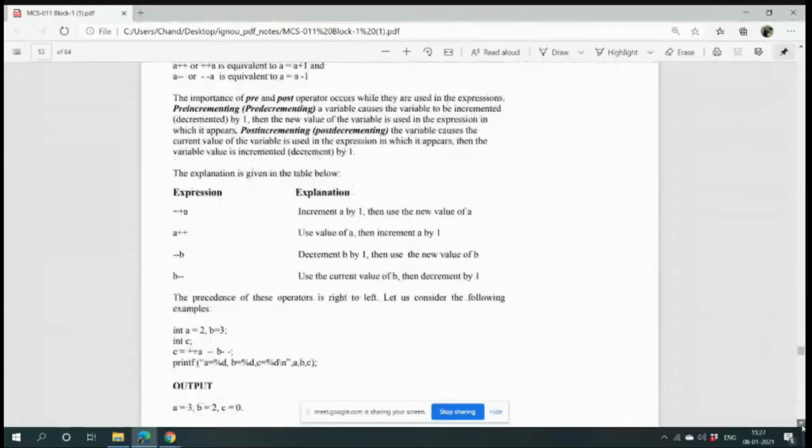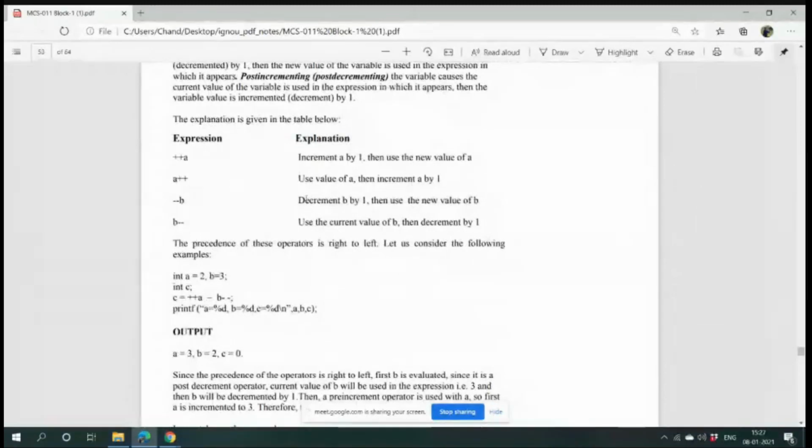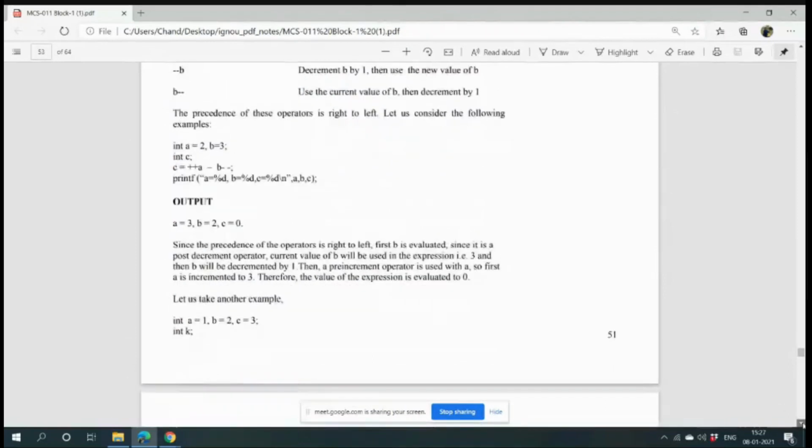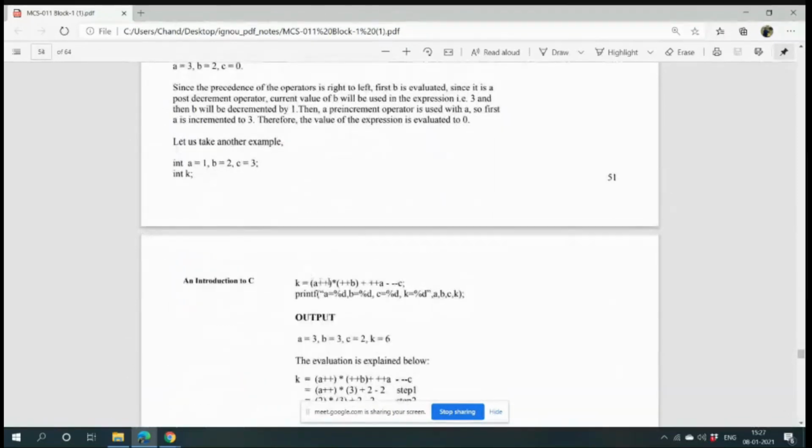So you have to keep these two things in mind, and similar operation for negative, means decrementing of value. So see, the thing is there, A plus plus into plus plus B plus plus plus A minus minus minus C. Now they have told the precedence of operators is right to left. So you have to check the statement from right to left.